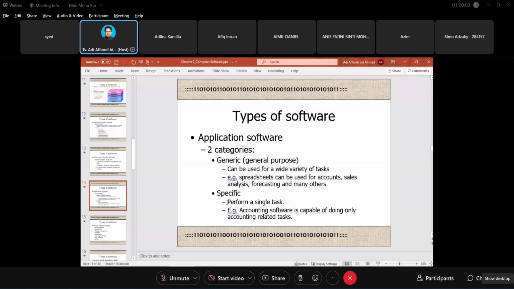And then we have another one, which is specific. It performs a single task only. So a specific application software is used for a single purpose only. For example, you can use Microsoft Excel to create accounting documents, such as a balance sheet,